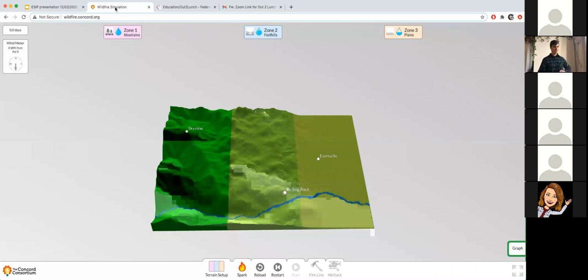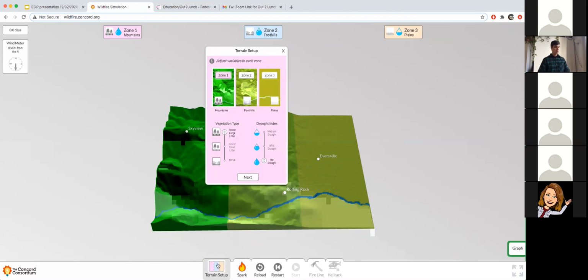So here is the Wildfire Explorer model. It is a landscape of 2 or 3 zones, each of which can be programmed through the terrain setup window here. If I go to terrain setup, you can see the factors that we can control for each zone. In zone 1, you can see that it's mountains. The vegetation type is forest with large litter, which is large trees with lots of large logs and other things